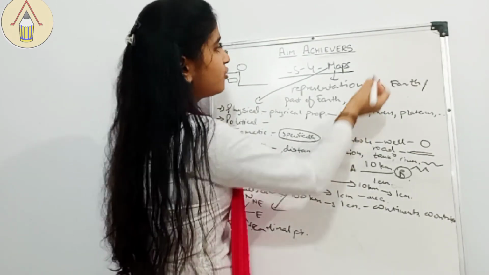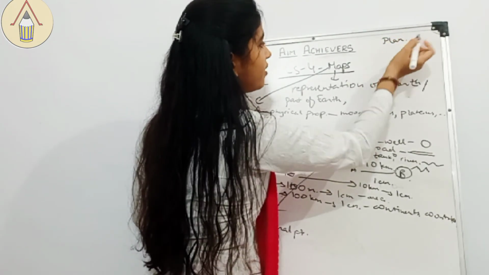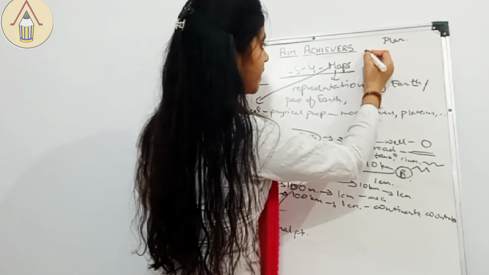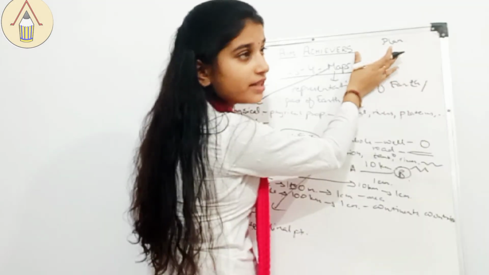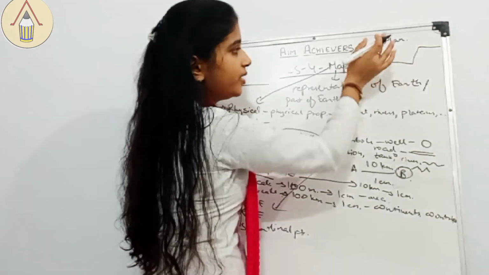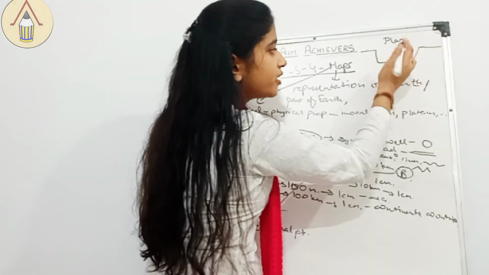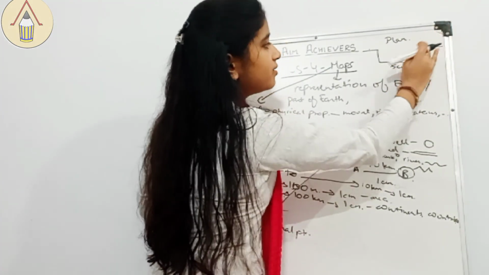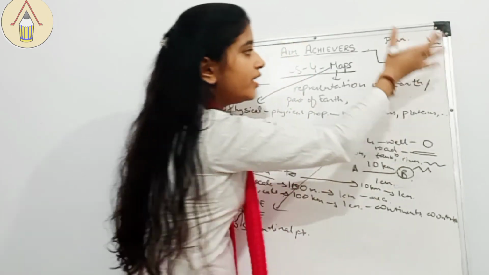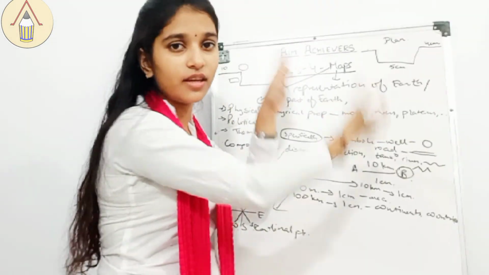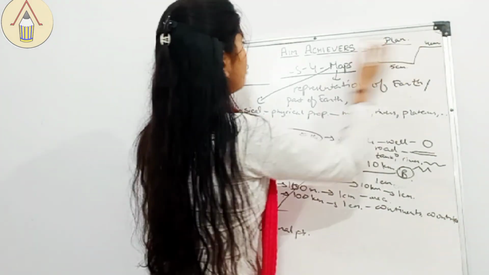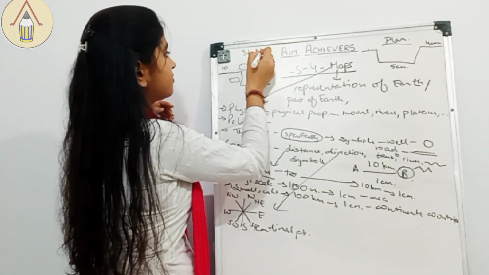And a plan, like I told you, when you make a plan of going to point B, then if it is 10 kilometers in total, you take 1 centimeter, then it is 5 kilometers, so you take 5 centimeters, then the left part, 4 kilometers is left, so you make a line of 4 centimeters. It is a proper plan which you are sticking to. So this is known as a plan. These are the main differences between a plan and a sketch.